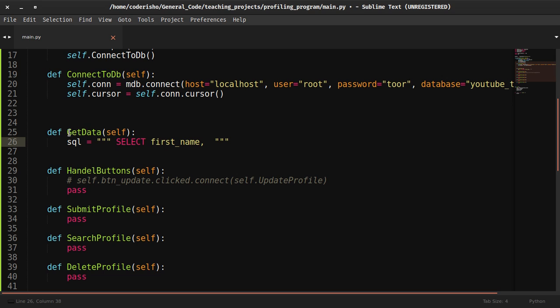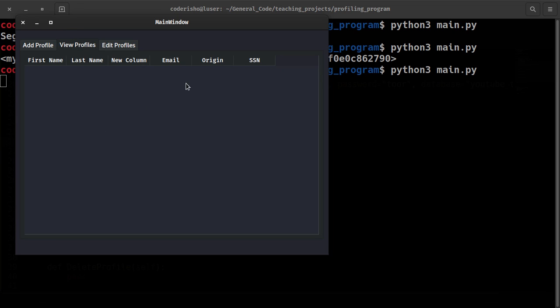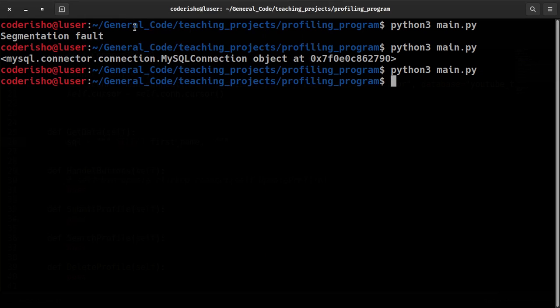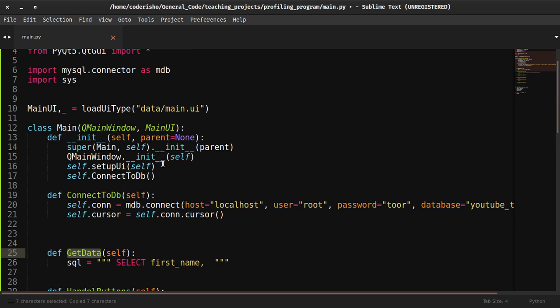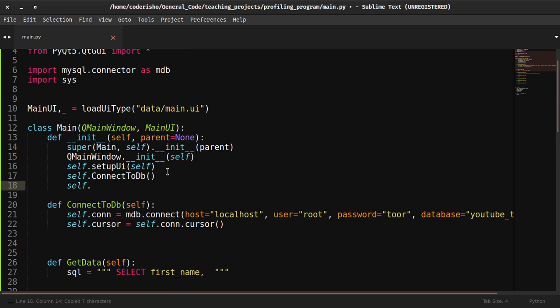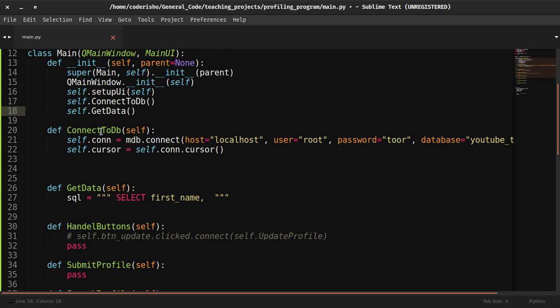So in this get data, I'm getting the data to fill in the table that I have in my application. So let's show that again. This table should have all the data from the startup of the program. So that's exactly what I'm going to do. So for that I need to copy the name of this, have it in this after the connection to DB to get the data as soon as the program gets started. So these functions will be